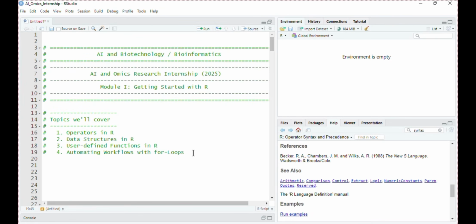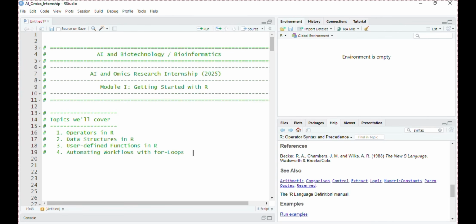In our last session, we explored the basic syntax of R. We also looked at how conditional statements like if else work and introduced a loop structure briefly. In today's lecture, we will build on that foundation and move to the next set of topics that are very important for practical coding in R.